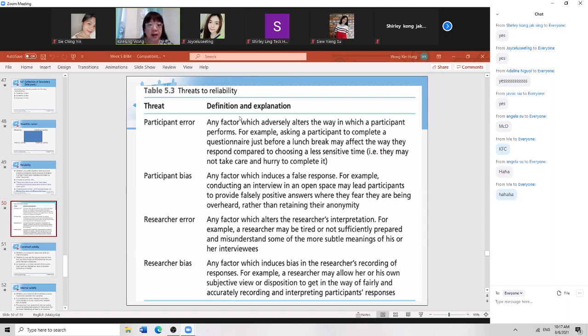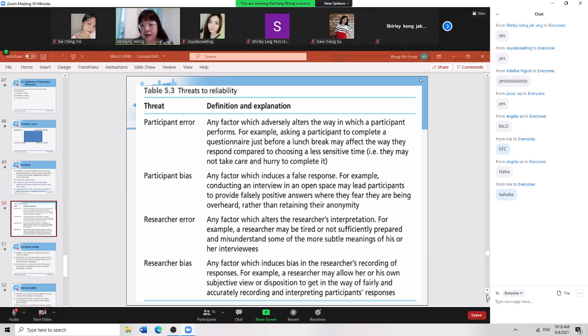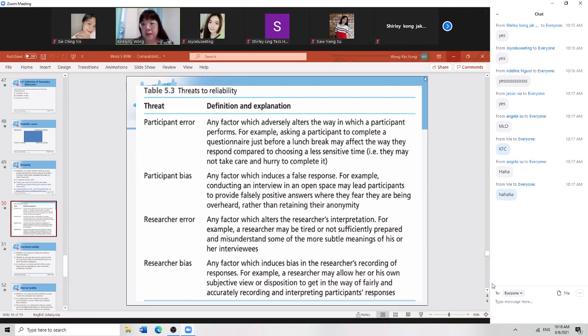KFC, okay. So this one, who said it? Ching Ying, right? Ching Ying says she likes KFC. So now, if we say KFC, it's not a healthy food. So if we are doing research on KFC, it's not a healthy food. So we ask